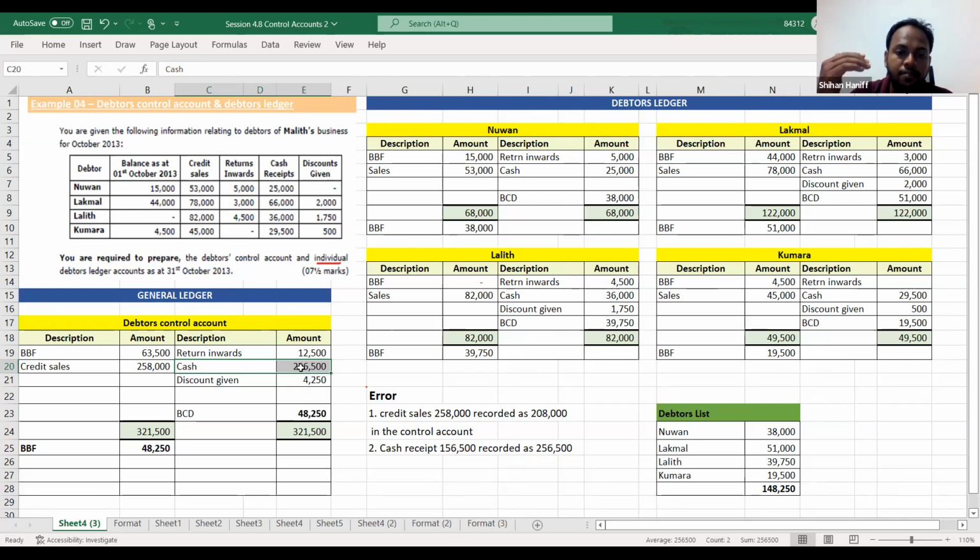Only 156,500 you have to deduct, but you have deducted 256,500. So credited more means you have to debit. How much do you have to debit? 100,000. Then it becomes 148,250. Debit in the adjusted debtors control account. Okay. That's how we correct it. This is very important because